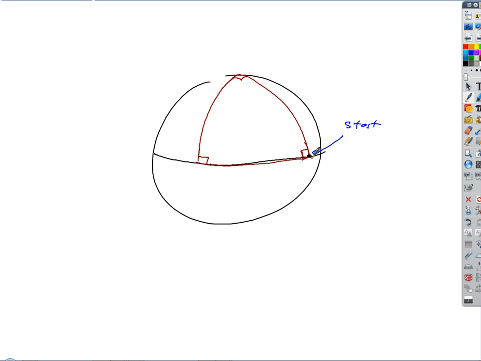Because the Earth's what? Not round, but spherical. Okay, so geometry becomes different, doesn't it? It becomes different and more complicated if our surface is not flat, right? Is that weird geometry? Well, maybe compared to what we've been doing, but it's just as useful and it's just as understandable, if you want to study it, as the kind of geometry we've been doing. So our geometry has been sort of flat geometry.